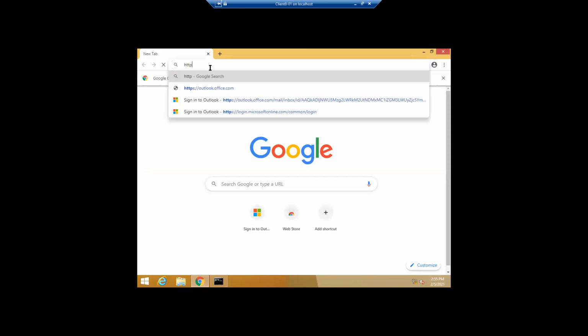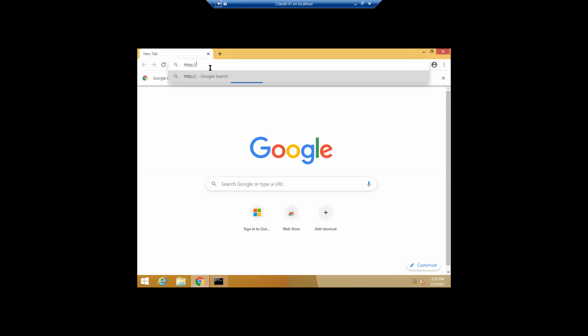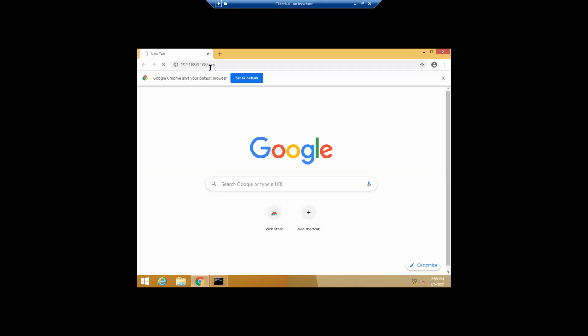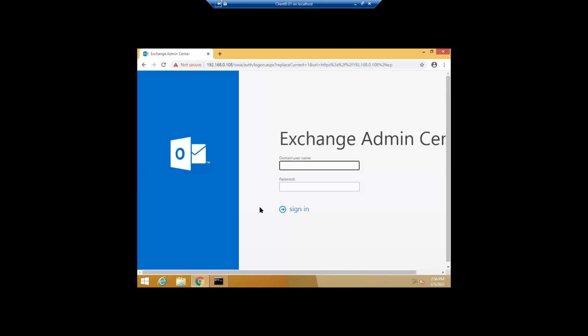Let's see. HTTP, 192.168.0.108. Let's wait just a moment. Okay, no issue, we can select this unsafe mode.